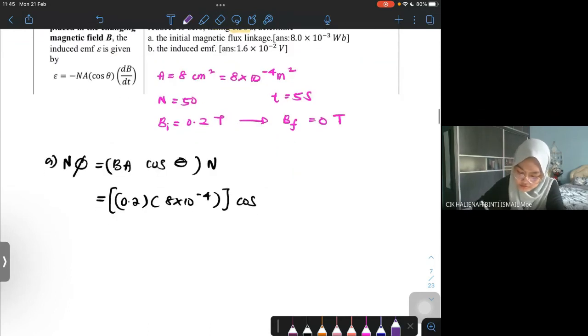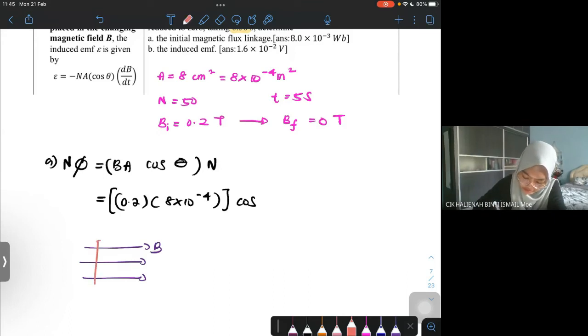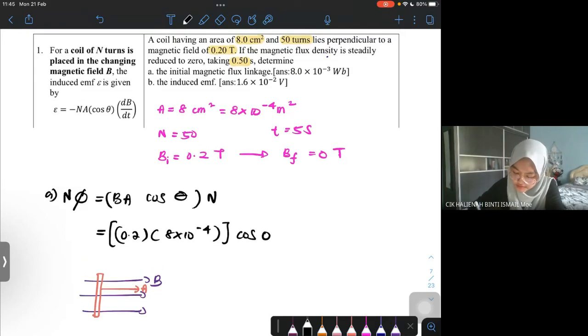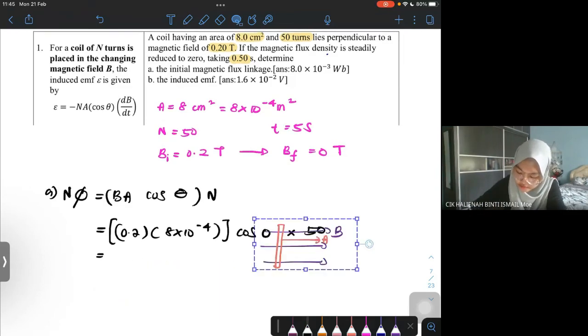Meaning this is our magnetic field, and the coil lies perpendicular, so the angle between B and A is equal to 0. It's not 90. And then times the number of turns, 50. So you will get